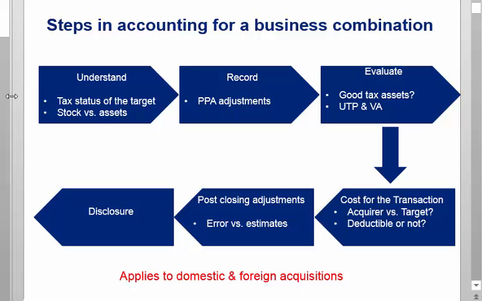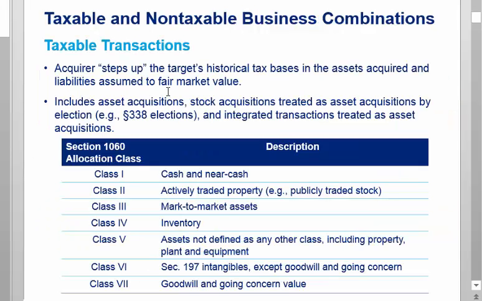The business combination accounting rules allow you a period of time to true up your original estimate of what you did for your acquisition accounting. We'll talk about that period in which you get to book post-closing adjustments. And then the last thing we'll talk about is disclosures. But think about this topic as a sequence as opposed to just a series of issues, because everything happens chronologically in a business combination, and it happens that way every time.